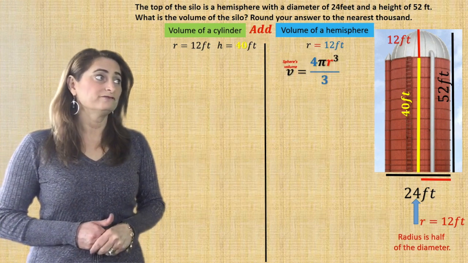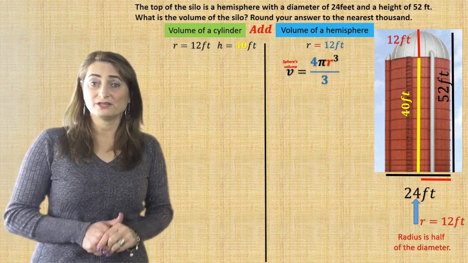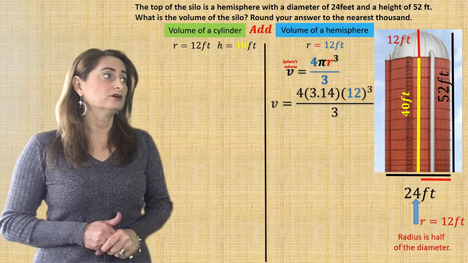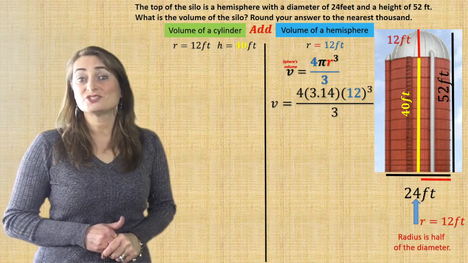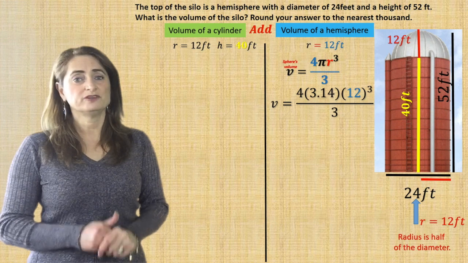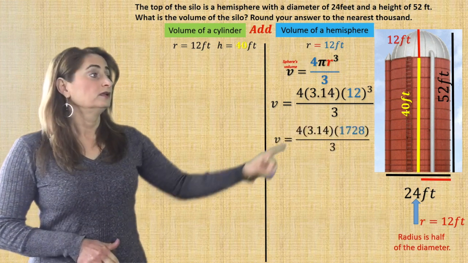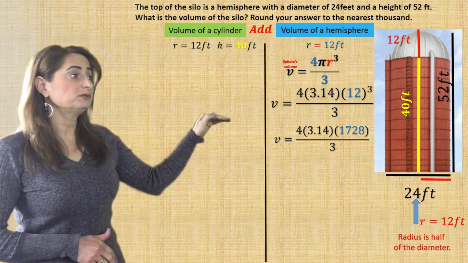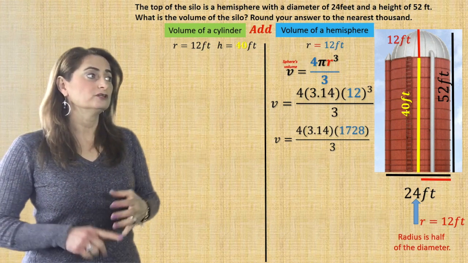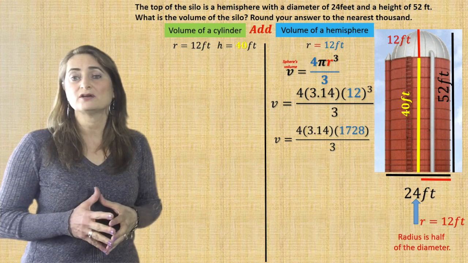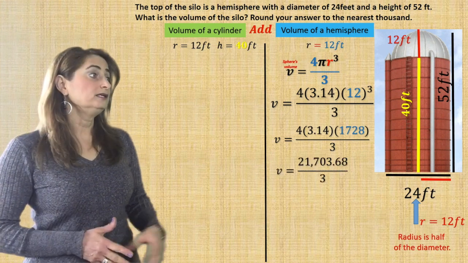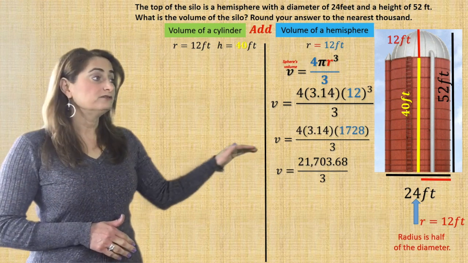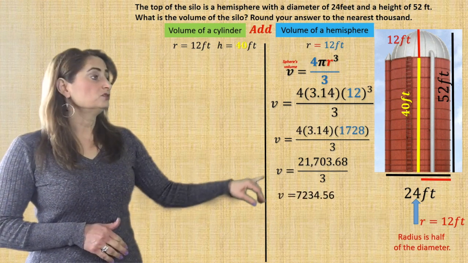Now let's start with finding the volume of the hemisphere. Write the equation 4 times pi r cubed divided by 3. Substitute what you know, which is the pi, 3.14, and the r, or the radius, is 12, but you need to cube it. So first of all, cube 12. 12 times 12 times 12 is 1,728. Now multiply all the numbers on the numerator. 4 times 3.14 times 1,728 is 21,703.68. Divide all that by 3, gives you